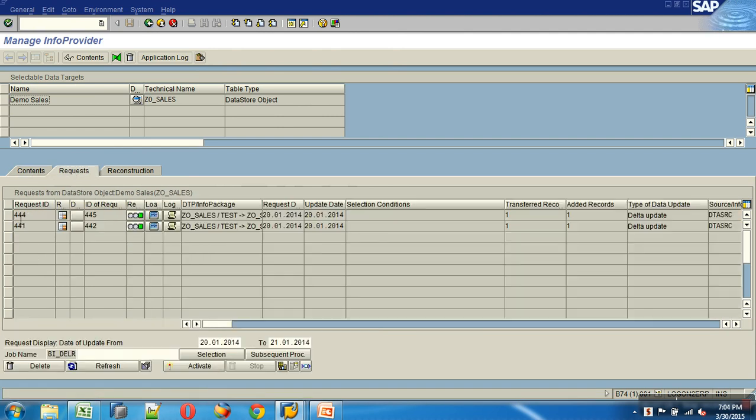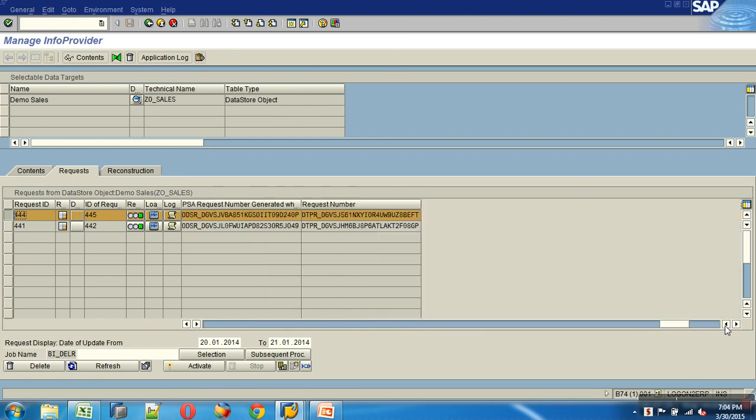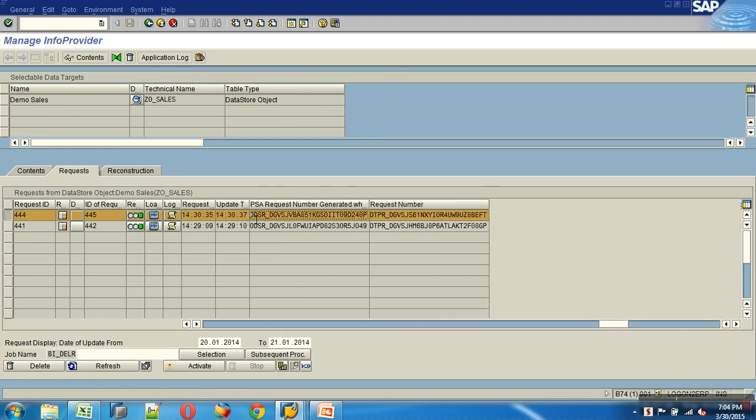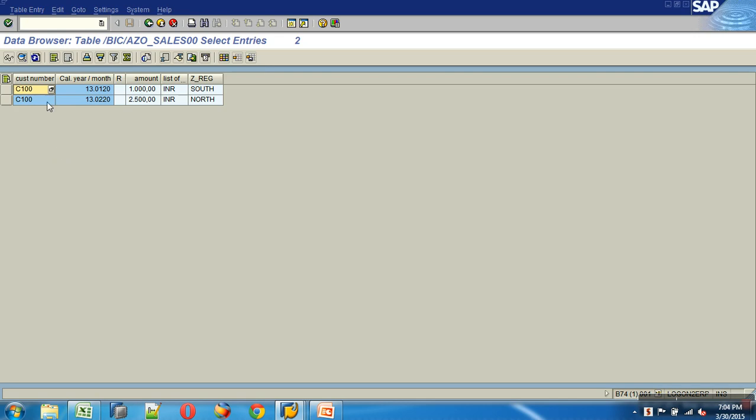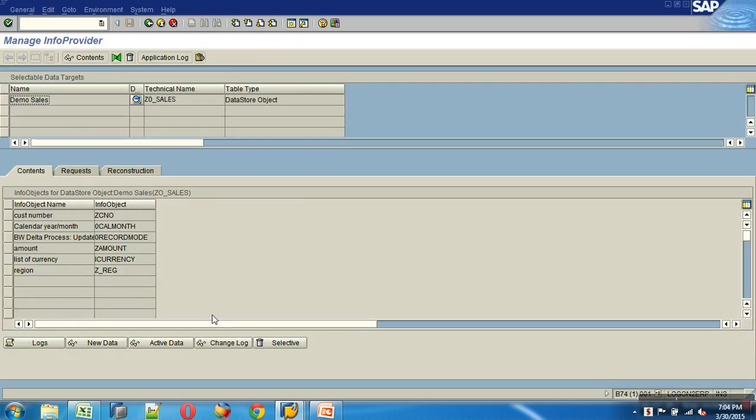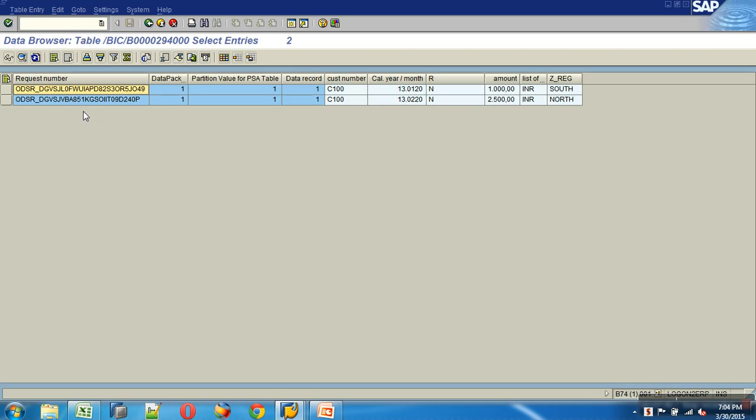To the right you can see the activation request. For each activation you get a different activation request. This is 40P, right? So in the active table, if you go to see, the second record has been added as a new record. So the change log should have two entries now. One is with the 40P activation request, record 1, packet 1, and the new record has come in. Okay.